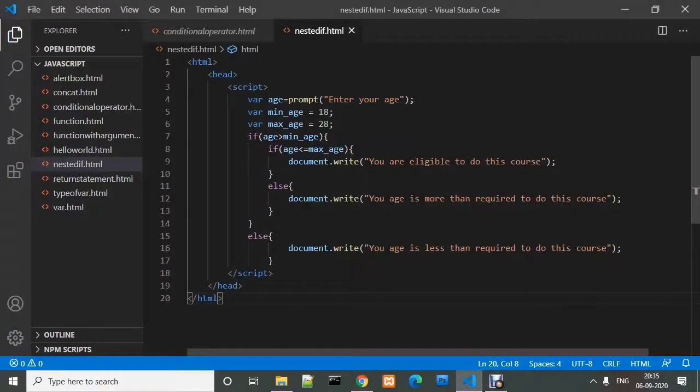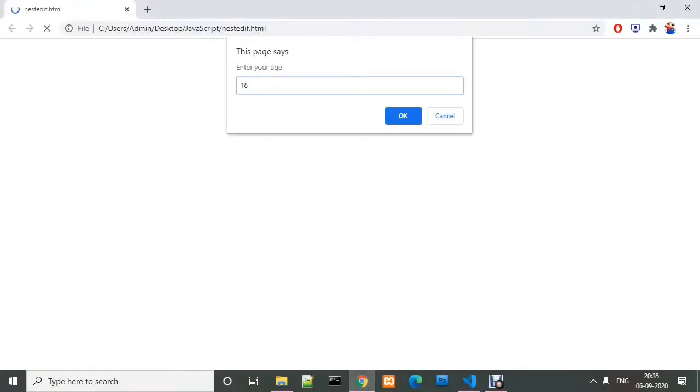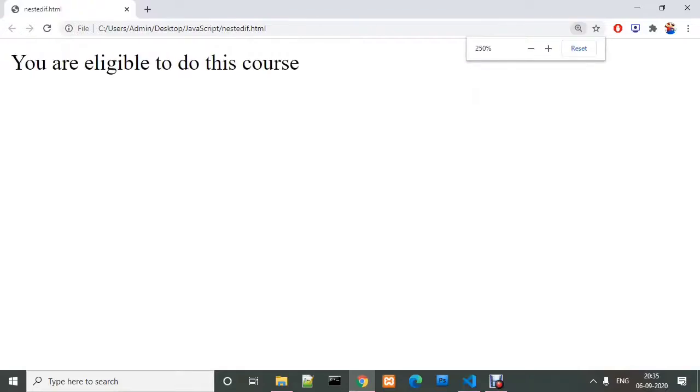When we click OK, it says your age is less than required to do this course, as we have provided only greater than. We have not provided the equals to operator here, so we will put equals to also, so that if the user age is 18, the user can also enter the course. So now it says you are eligible to do this course.